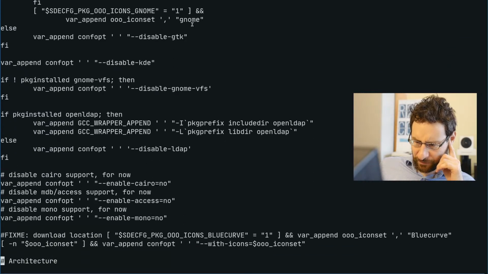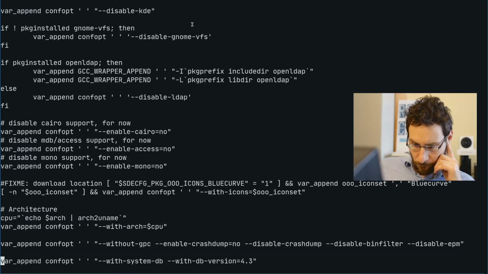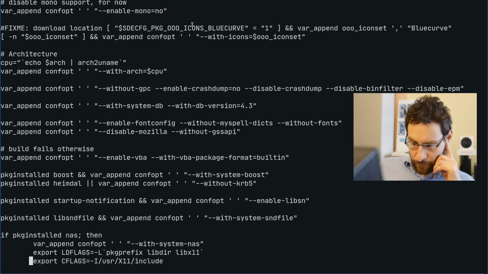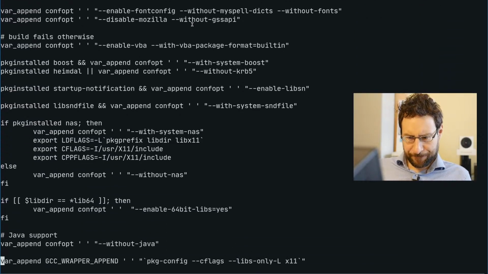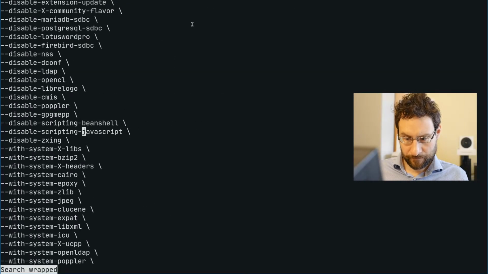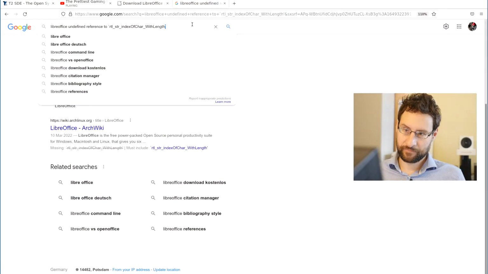I mean, basically we need to disable lots of stuff because either I don't want it, I don't have it installed. It failed even more. So many reasons. Maybe some of the stuff is also outdated. Yeah, the crazy thing is also, here's a libx11, by the way. This is so frustrating, to be honest.